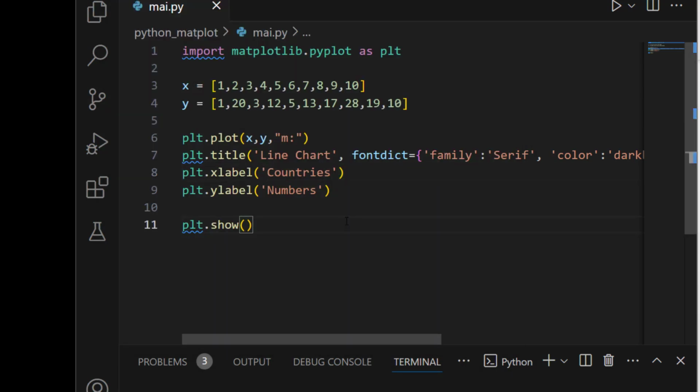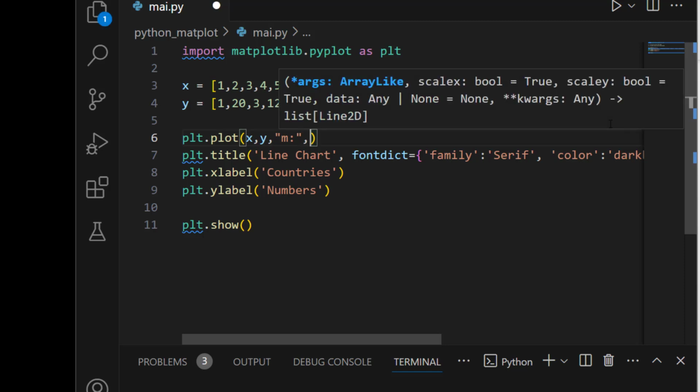Apart from that, we can also control the weight of the line, like if you want it thinner or bigger, like normal. For that we just need to do something like that. We have to come here, in the plot, after this we can just give a comma, and we can give line width.